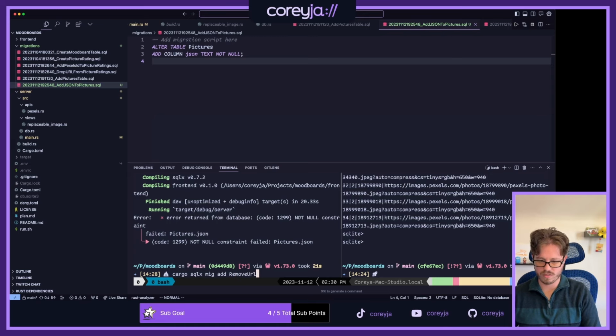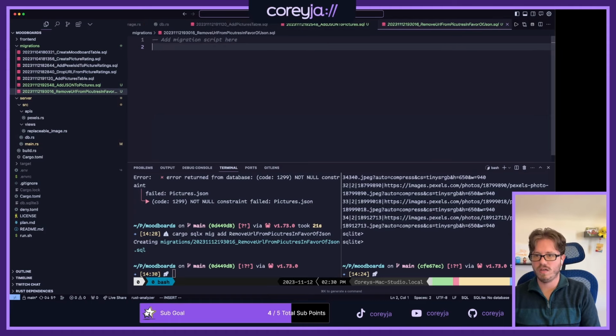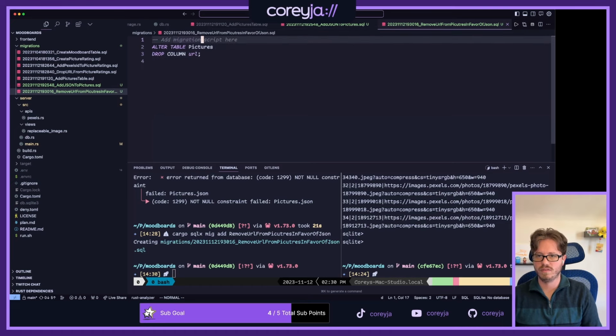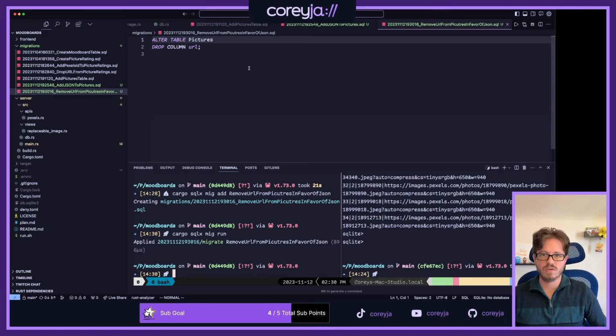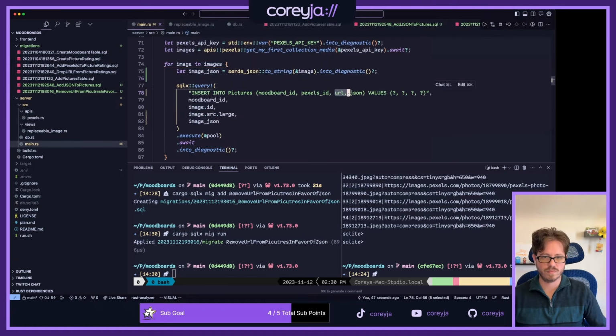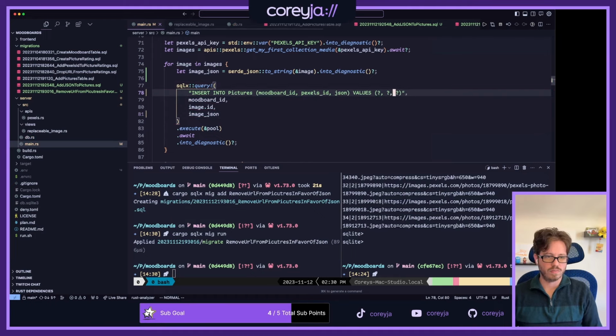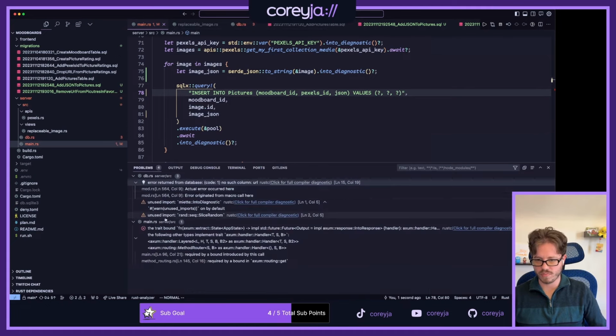Remove URL from pictures in favor of JSON. Perfect. Alter table pictures, drop column URL. Run. Perfect. Okay, so now this wouldn't be happy, but now it can be. Oh, almost. Perfect. But now there's other places that are going to be mad for sure, because